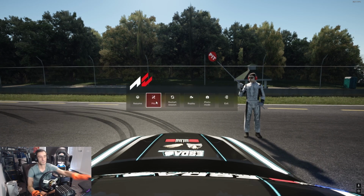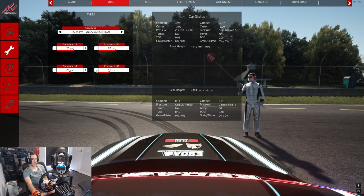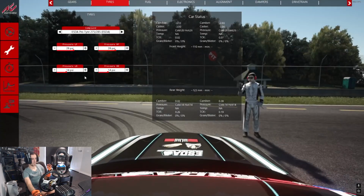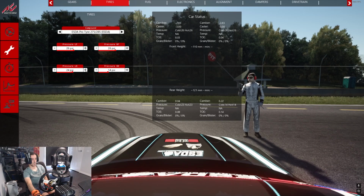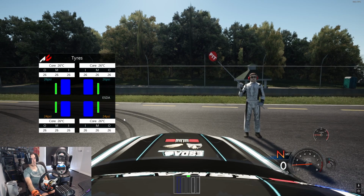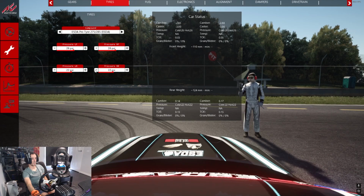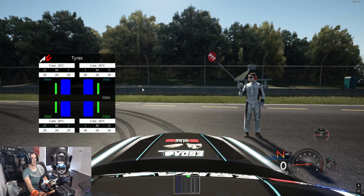So what that means is if I was to decrease the pressures down to 14 PSI, see how it goes from that lighter blue to a darker blue on the rear? So it means they're just really under pressure. So let's pump it up to 24. See where we're sitting at? Okay, so now we're over pressure. So let's go back down to 22. We're in the green. Okay, so we're at the optimal pressure at the start of